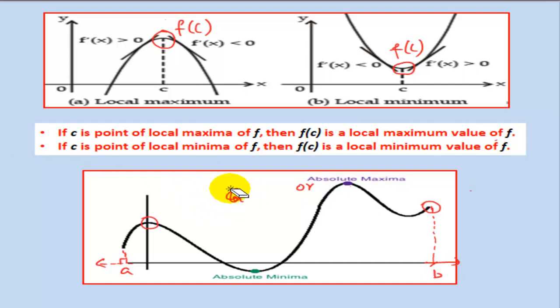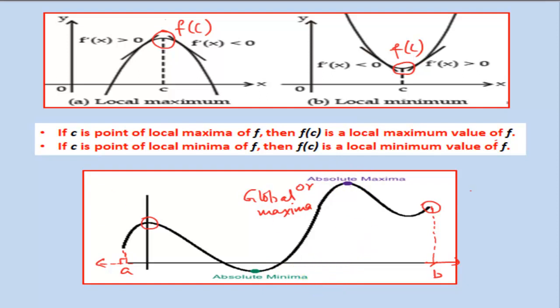In the same manner, the point corresponding to which you are getting the minimum value for the function, so this is global minima. When you look at the curve, there are three possible points of local minima. This could have been the point of local minima, even this one and even this one. But corresponding to this, we will get the minimum value for the function. That is why it is called absolute minima. And absolute minimum value for the function can be obtained here. Here we will get absolute maximum value for the function. This one can also be termed as global minima.